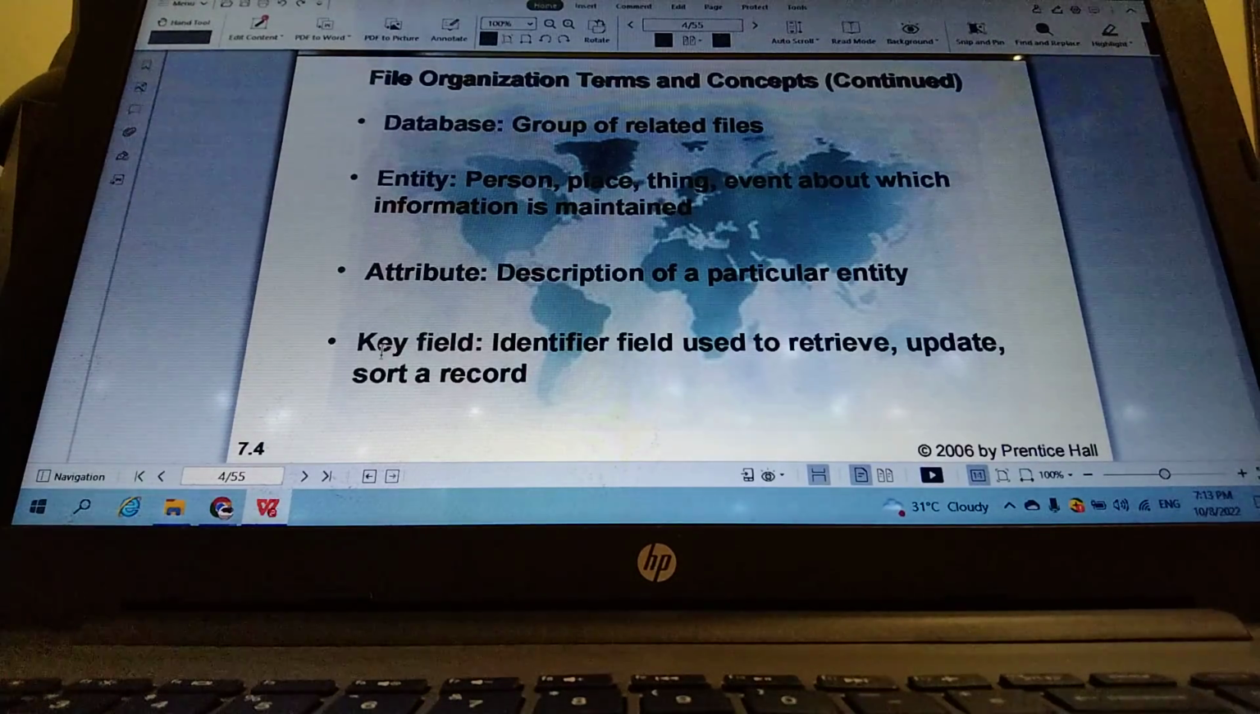or attribute. And what is a key field? A key field is actually an identifier field used to retrieve, update, or sort a record. This is like a main key, primary key. That is what we call key field. So we have attributes belonging to a particular entity or object or file. This file, object, or entity must have a key field. For example, if it is a person, person ID can be the key field. If we have a place, place ID, for example, can be the key field, or we call it the primary